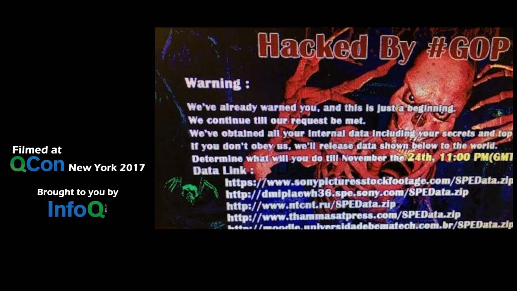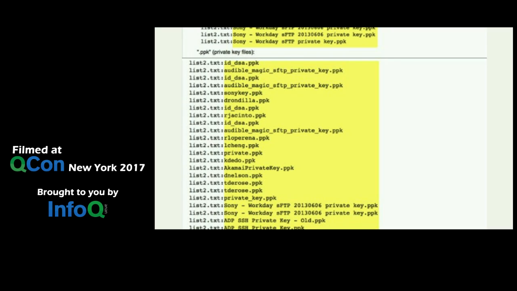However, if you went over to Reddit, you would have seen a little more information about what got leaked. So the adversaries actually posted README files that indicated here's all the information, here's all the files that we leaked out. And someone thought it would be interesting to grep that for things that might indicate private keys. And they found this. You might be on the other side of the column, just so that the camera actually gets you. All right, I'm going to be over here. Sorry, guys. So lots of private keys, and as you can see, some of these appear to be either SFTP or SSH keys.